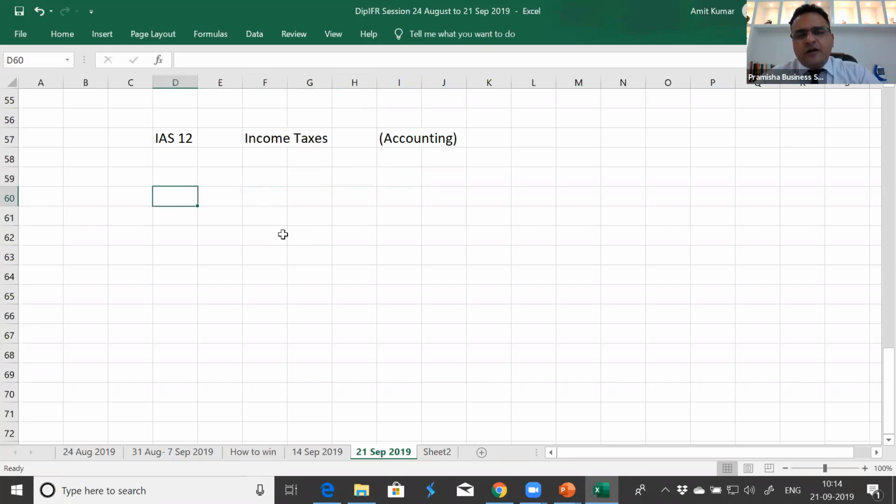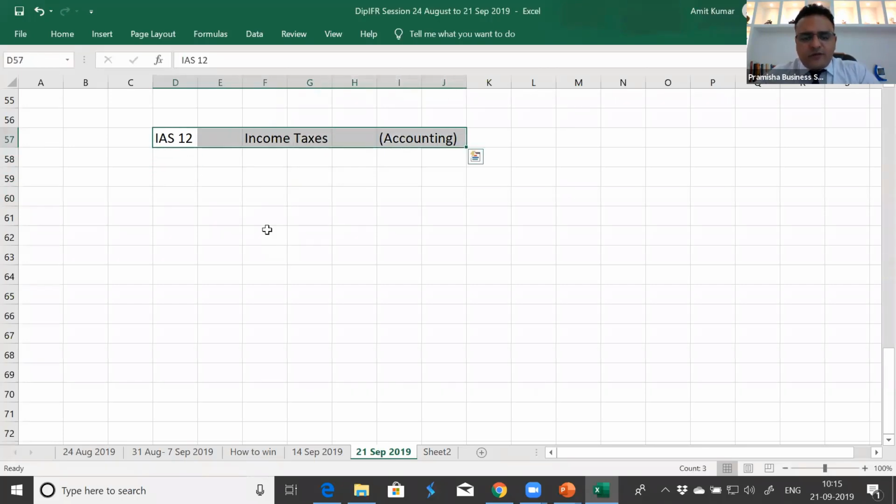As long as we remain accountants, we will not mix up things, because we mix up things when we shift between being an accountant and being a tax consultant. So we need to remain an accountant. If you understand that simple thing, we'll be able to clear most of the confusions. Don't try to be a tax consultant while dealing with IAS 12 income taxes. We simply need to be accountants.